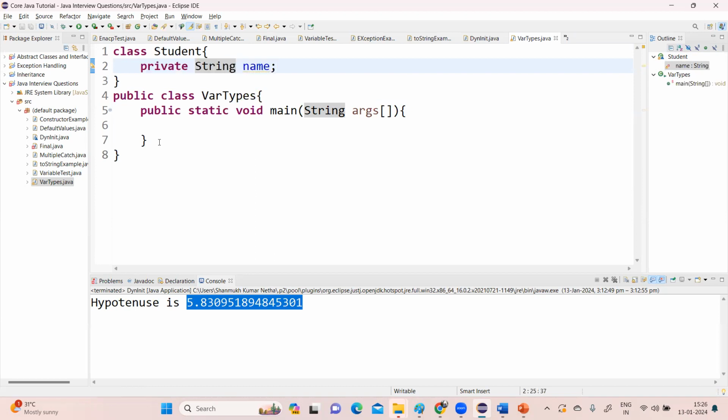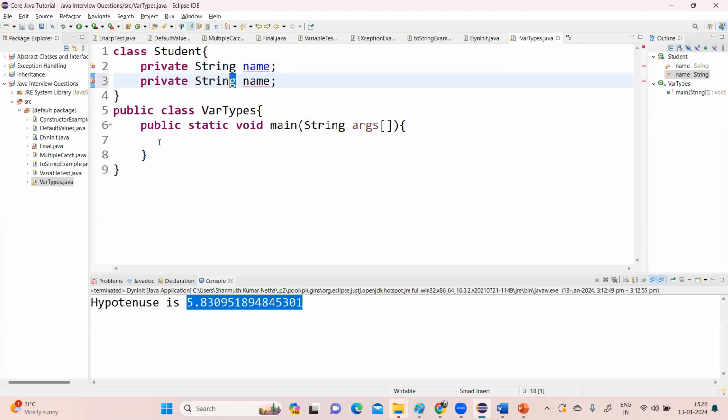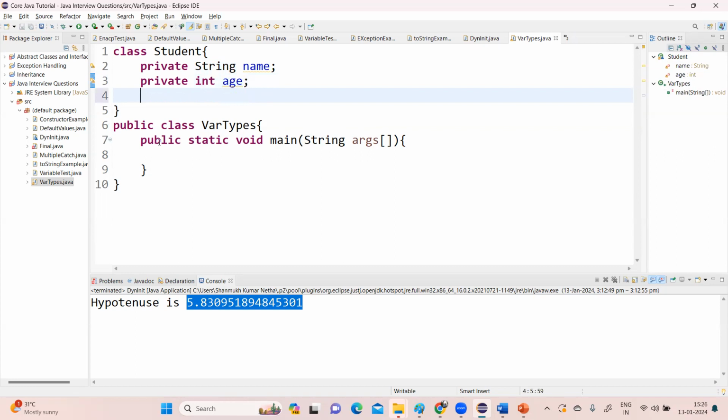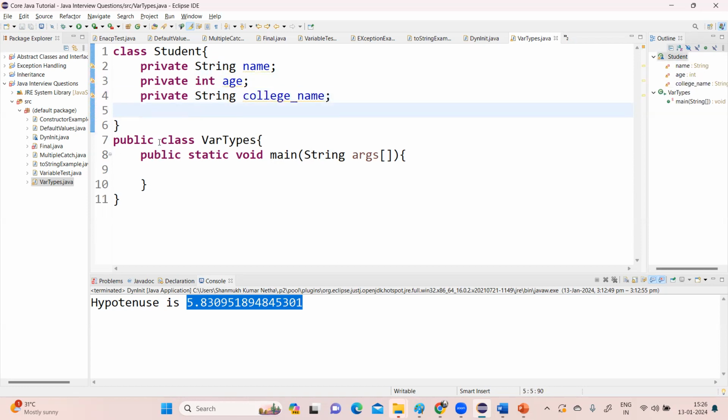Next, private int age. See here, private int age, and here private String college name. Okay, String college name. Now, what I'm doing is I'm initializing these by using